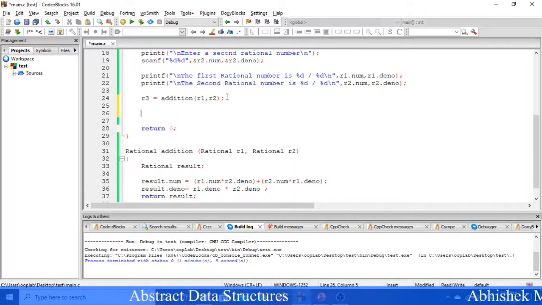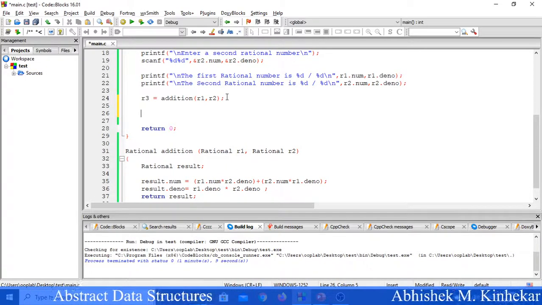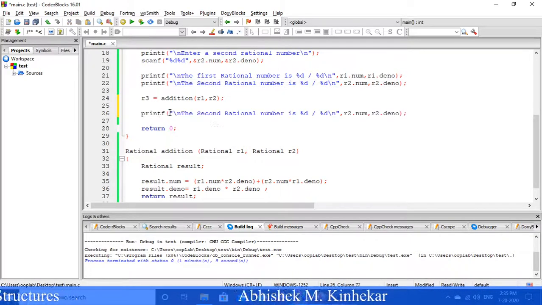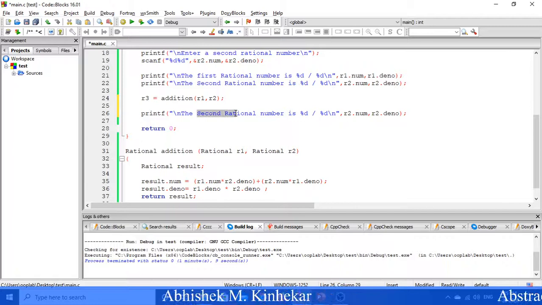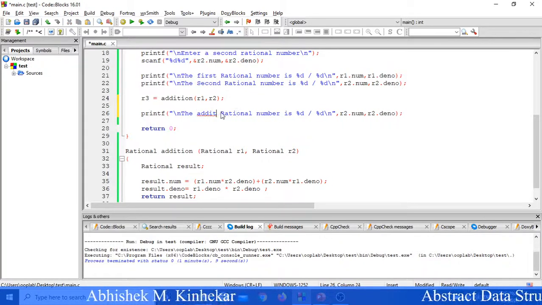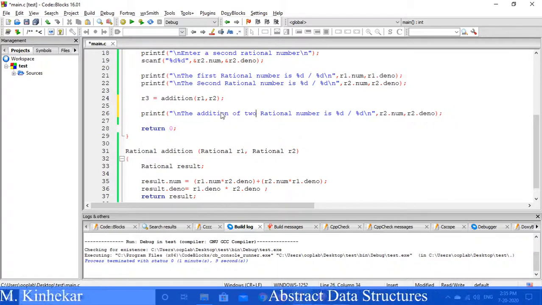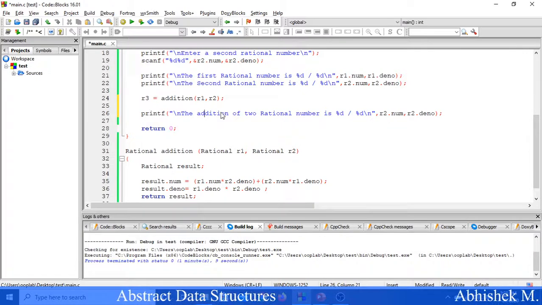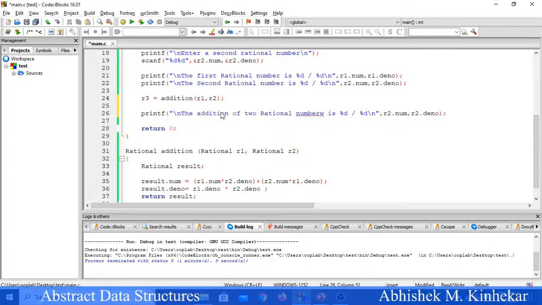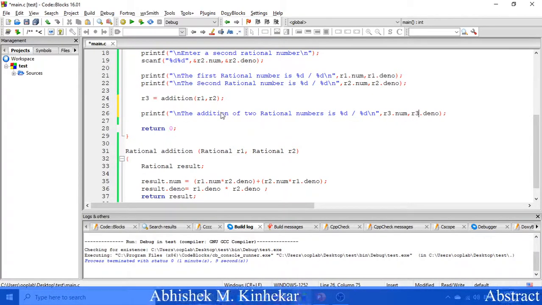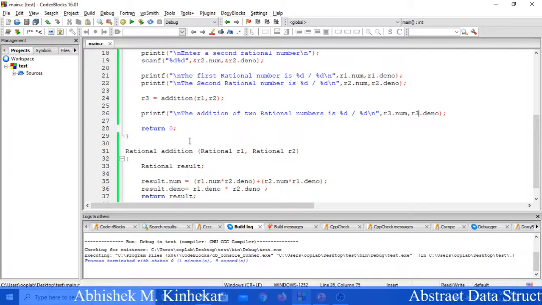And whether my result has been calculated or not, let us check over here. So I will simply print: the addition of two rational numbers is R3.numerator and R3.denominator, correct?